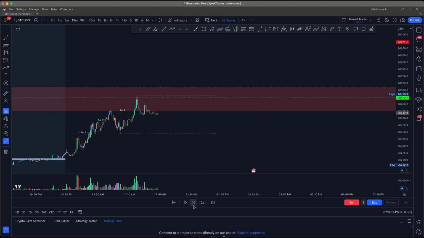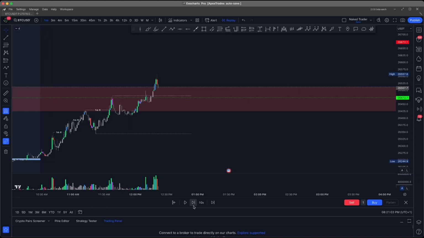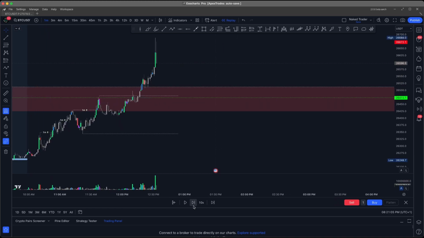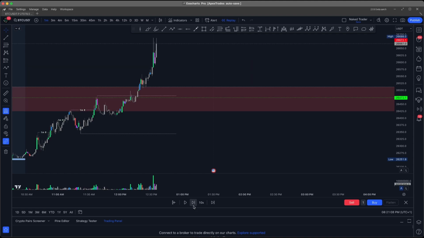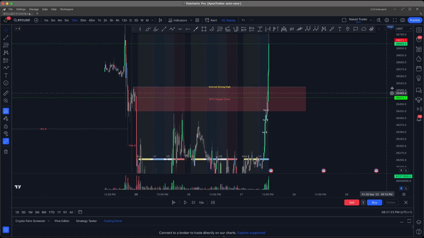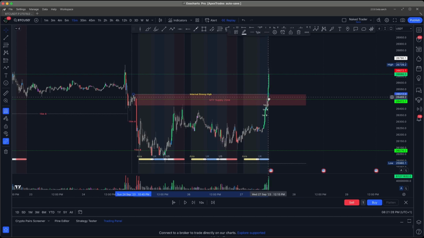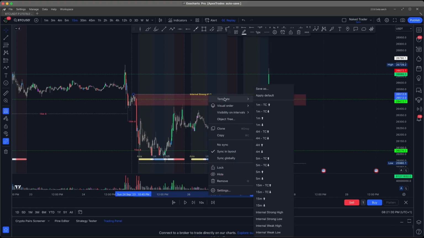What happens next? Absolutely pulverizes through, right? So what we've done here is we've avoided getting into a messy trade, right? And the most important takeaway from this is now we've had a 15-minute trend change, okay? So what was previously, I'm just gonna go back to the 15-minute. What was previously bearish, down, down, down, we've now had a trend change. Also, we've avoided getting into a